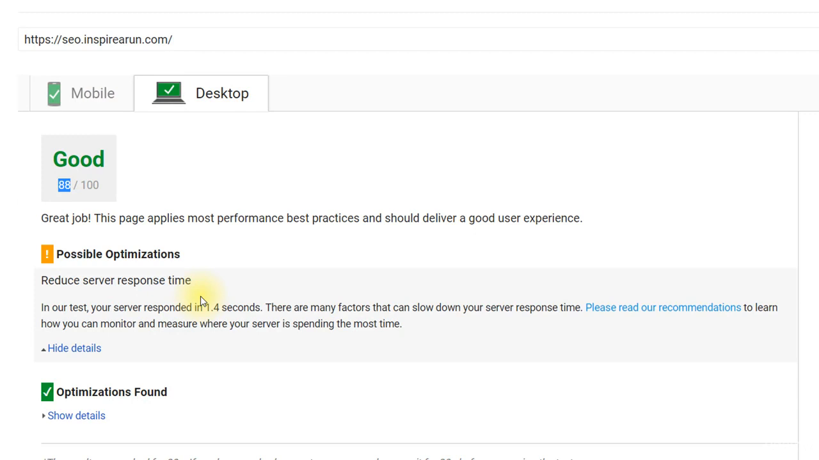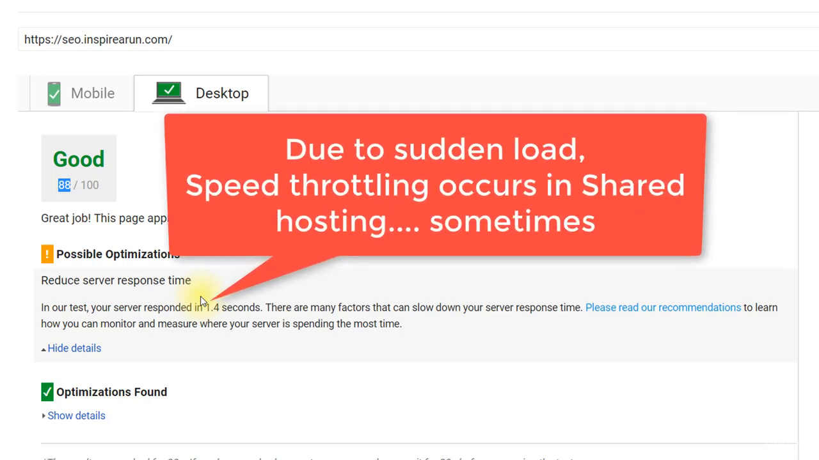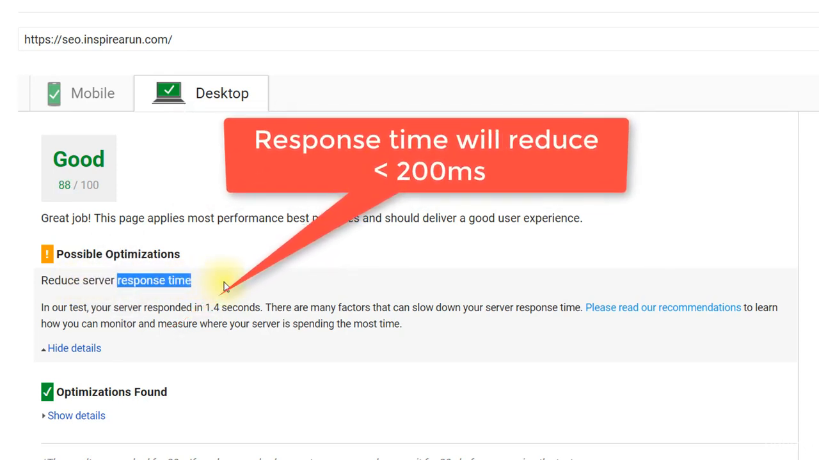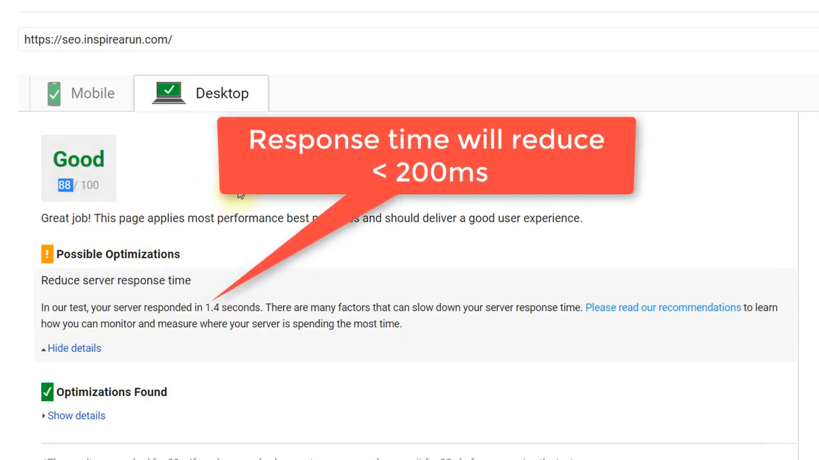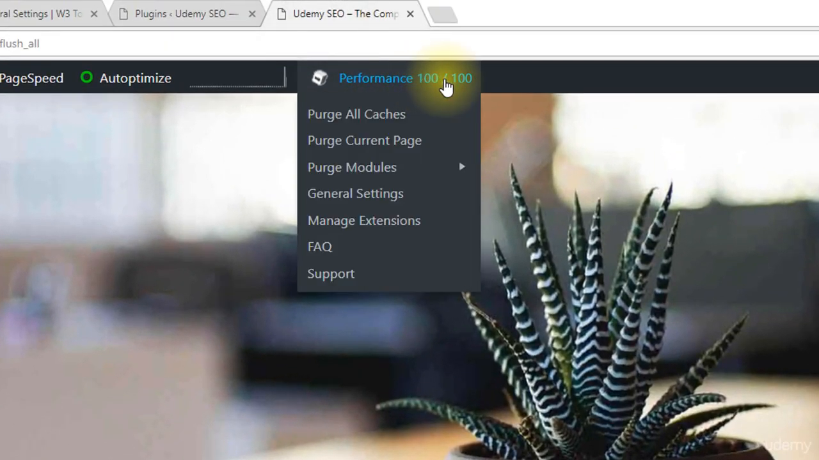Since I am retesting, reloading the pages, running multiple speed tests, my website is made to load from different locations. Due to the sudden surge of traffic or sudden increase in load, the server might have throttled the speed of my website. So if I do this page speed test after some 5 to 10 minutes, then even this server response time will reduce below 200 milliseconds and my score will become 100 out of 100, because you could see the performance score as 100 out of 100 based on